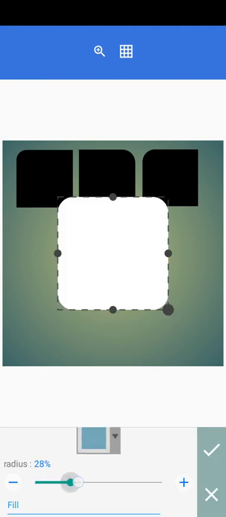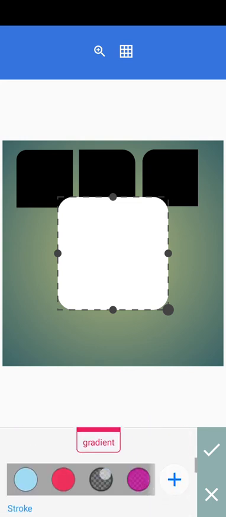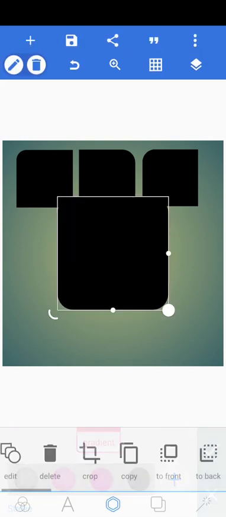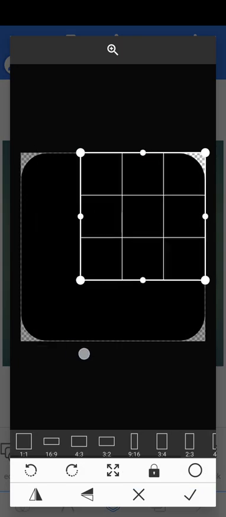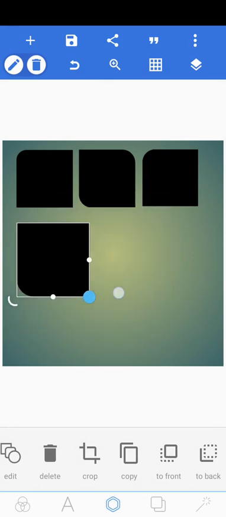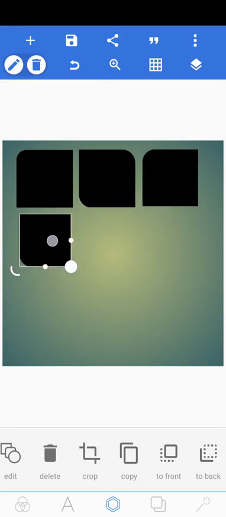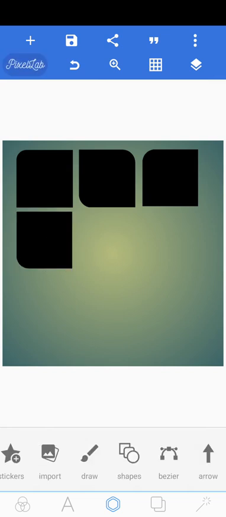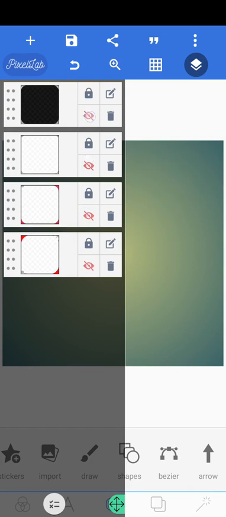So let's create another one again. Then you come to your crop tool. If it's this down part you want to crop, you just crop it. You have your custom shape already. So the second method is by cropping. The first one is by using your mask tool. The second one is by using the cropping method. Okay, so let's hide all of this. Let's hide them. So the third